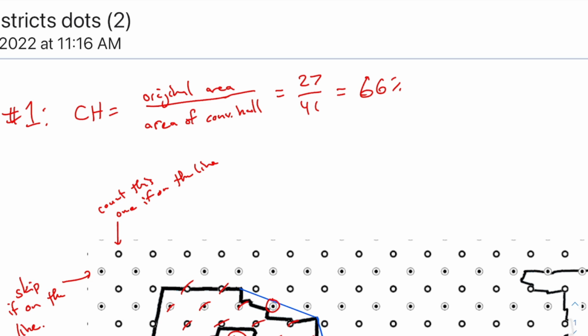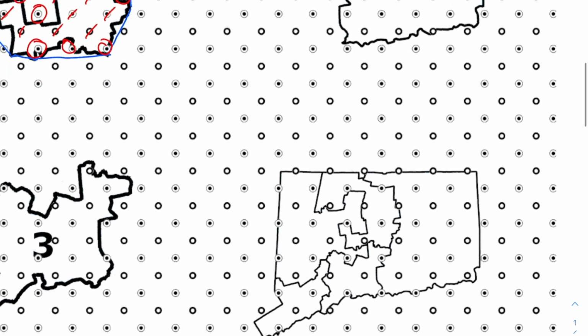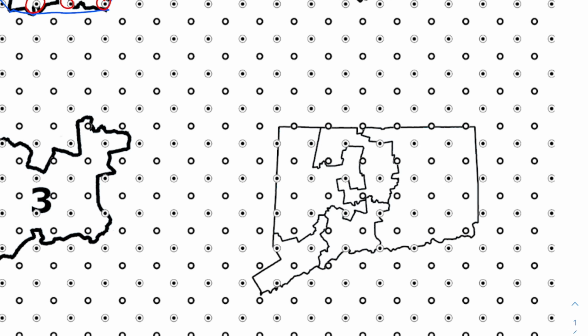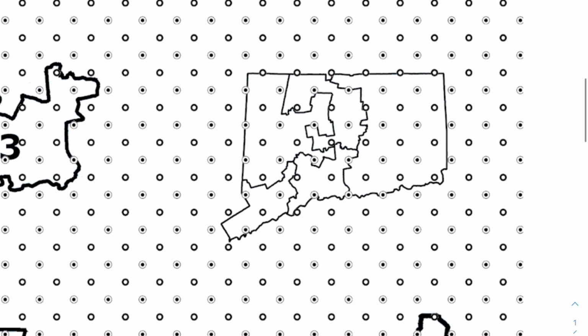All right, let's try the whole state together just for fun, and then I'll have you try out the other ones, and I'll walk around and make sure you're doing it all right. Okay, so the whole state, same deal. I'm going to count the dots which are inside the original state, including ones that are on the line, if they look like this. So I'm going to count that one. These other ones look like they're inside too. I'll count those 3. 4, 5, 6, 7, 8, 9, 10, 11, 12, 13, 14, 15, 16,